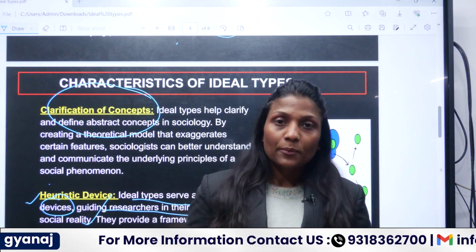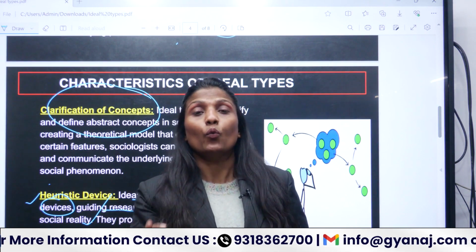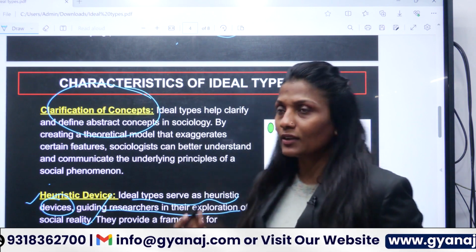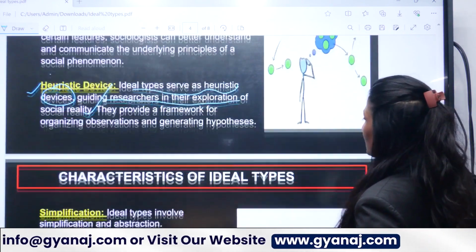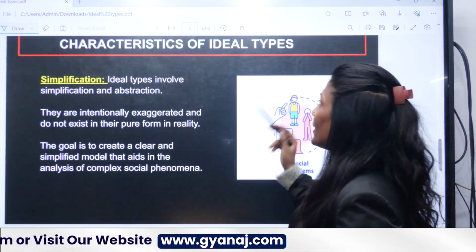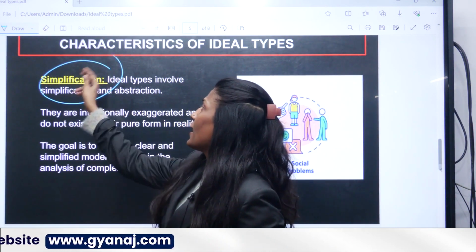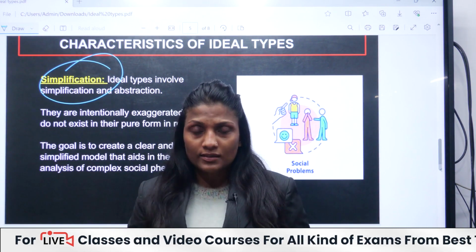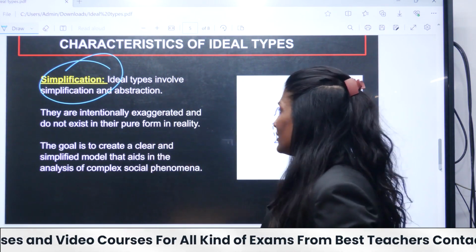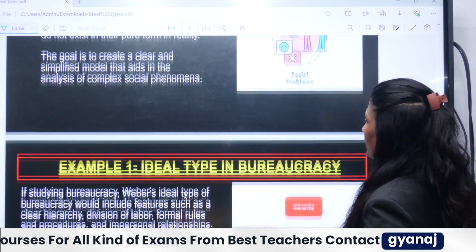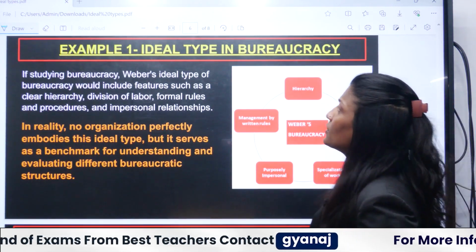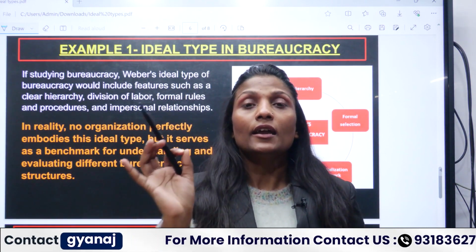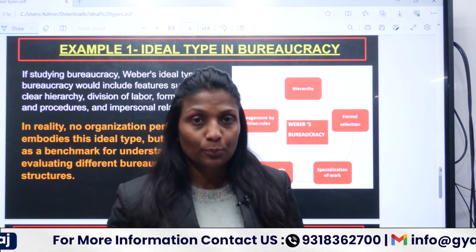Now, Max Weber has explained it with one ideal type, that is bureaucracy. So what is bureaucracy? Bureaucracy is an ideal type, because when we create an ideal type, it simplifies our theories. We can have a better understanding of our abstraction, and it simplifies our social problems. Max Weber explained this ideal type with a very famous example, that is bureaucracy.